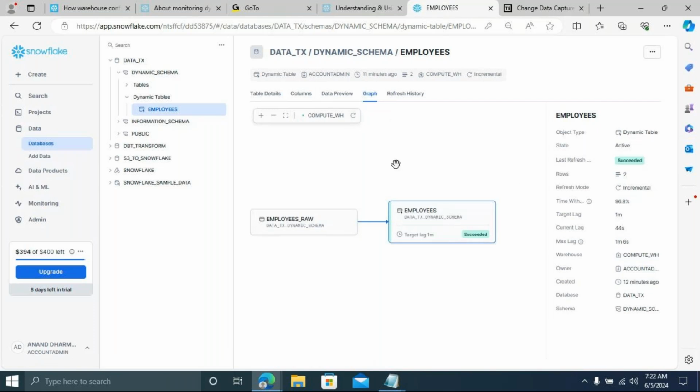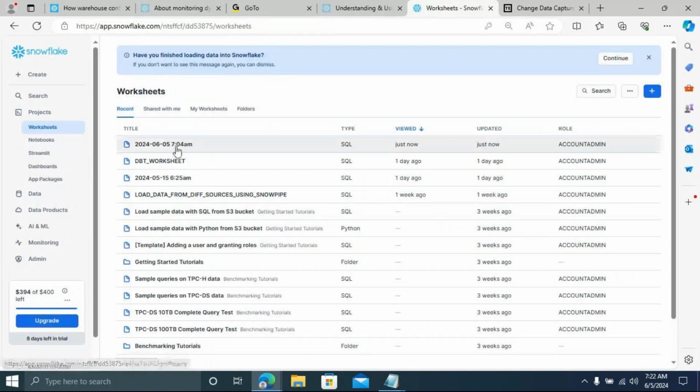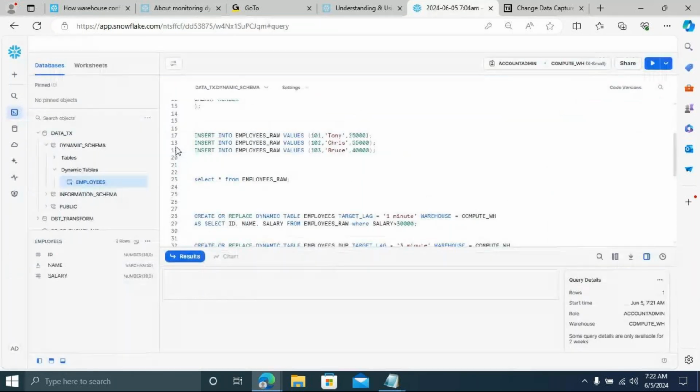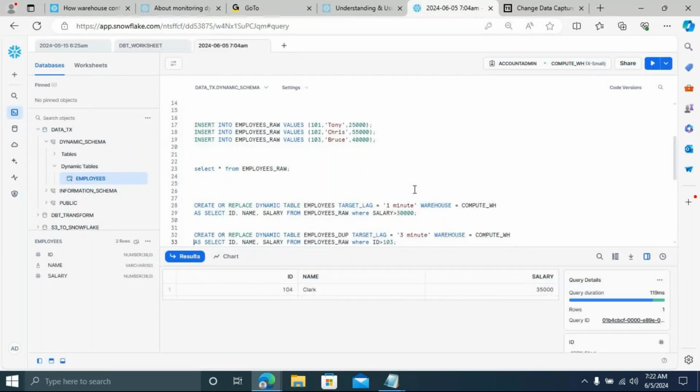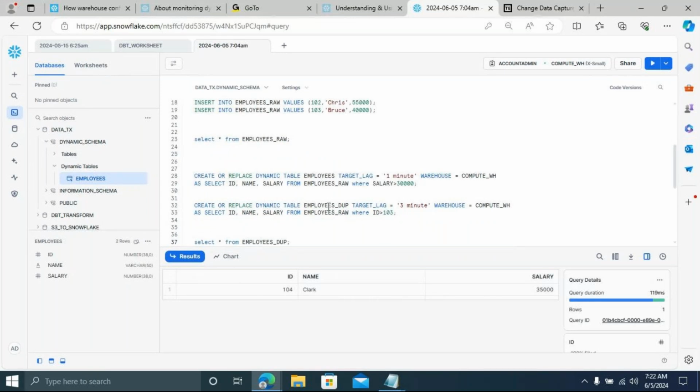I made a blunder mistake. No one said anything to me. What mistake did I do? While creating the duplicate, the mistake I did is that I wanted to give dynamic table 1 as input. If you are creating a chain of dynamic tables, you have to give dynamic table 1 as the input to dynamic table 2,